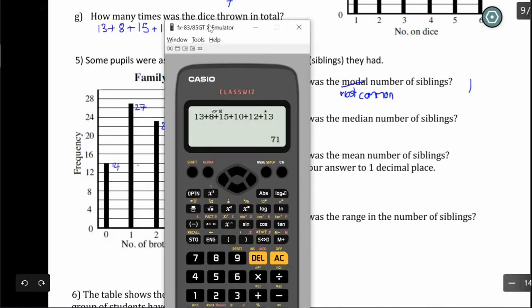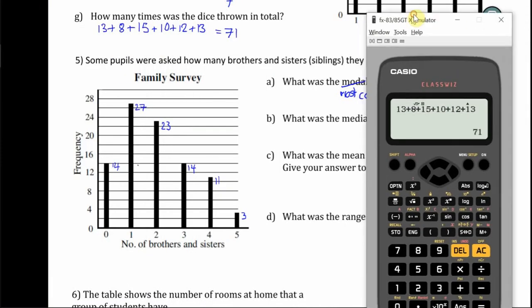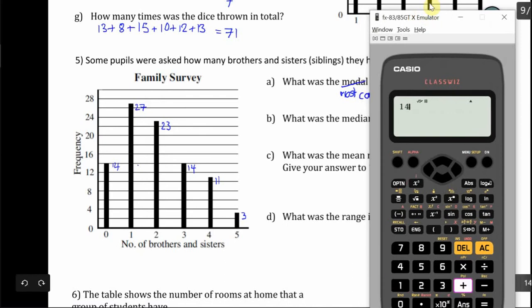So 14 plus 27 plus 23 plus 14 plus 11 plus 3. 92 people altogether, which means the middle person, if we halve this number,